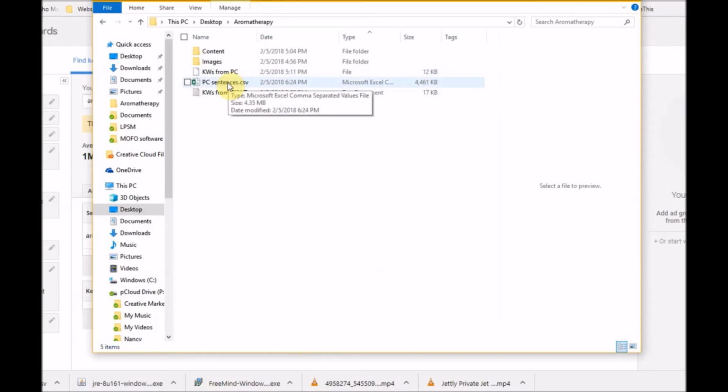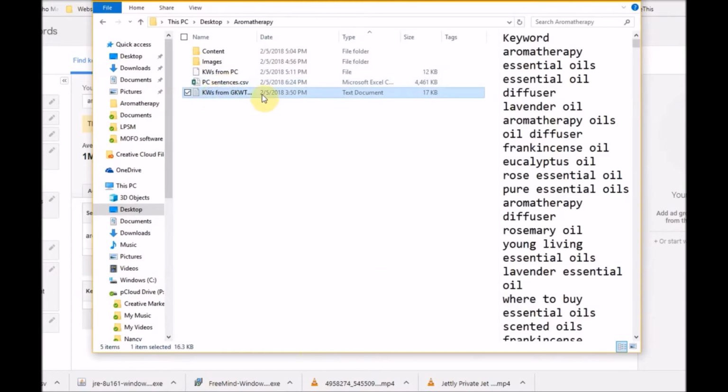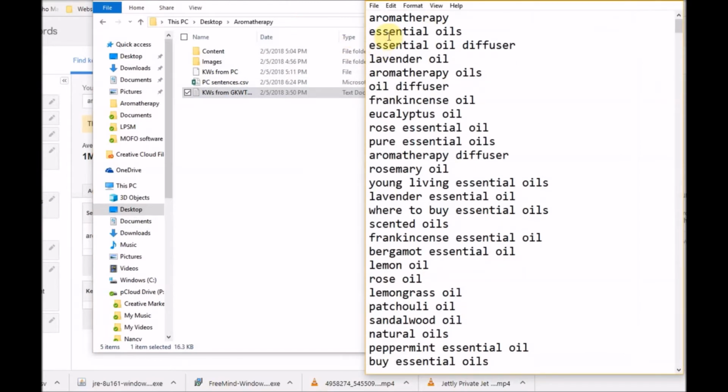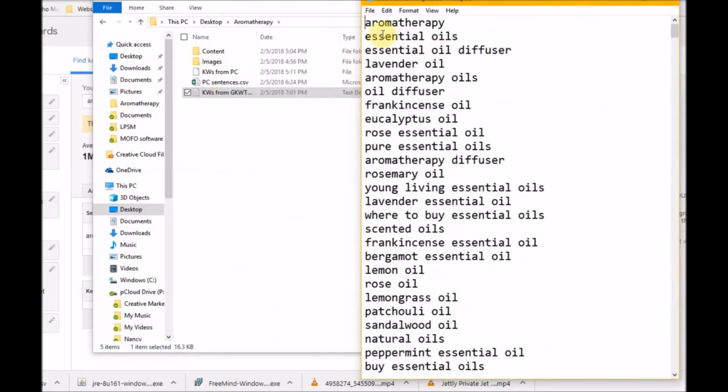I called it Keywords from Google Keyword Tool. It actually downloaded as a CSV, and I didn't need that format. I just needed a list. And don't forget, if you're downloading from Google AdWords Planner, Keyword Planner, take that keyword off the top. That's the header for the CSV file column. I'm sorry. And anyway, so that is the list of 662 from Keyword Tool,